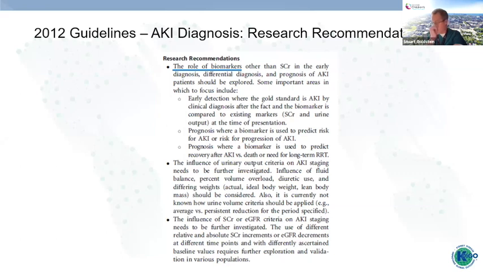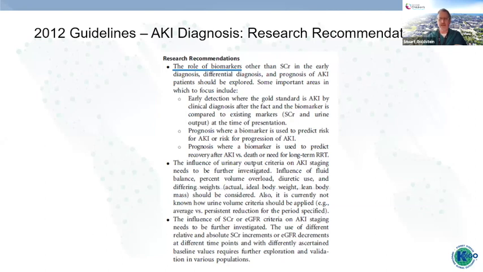Hopefully these biomarkers will be able to help us differentiate the type of AKI, functional versus structural, or what we used to call pre-renal and intrinsic, but help us focus our efforts on the patients who truly